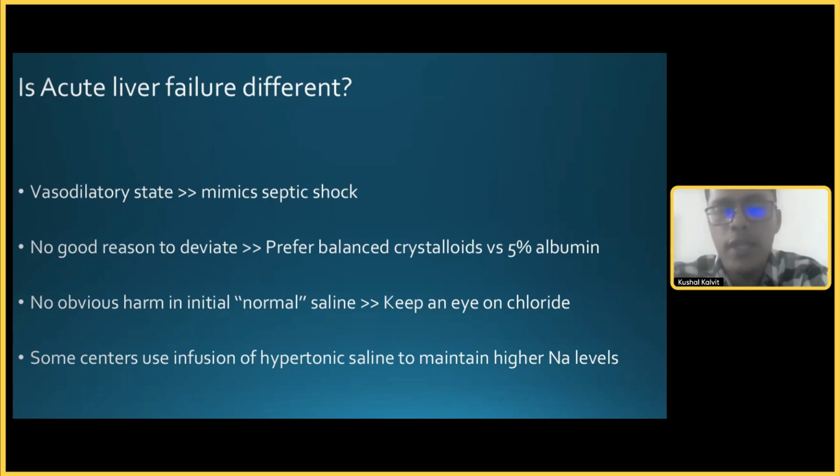If you go through the literature, many people have advocated for normal saline in acute liver failure with the aim of maintaining a higher goal of serum sodium. But I guess even if you use a higher goal of serum sodium, the chloride also creeps up. So keep an eye on chloride, because hyperchloremic acidosis is detrimental in acute liver failure. So you can use normal saline, definitely. Let the sodium go up. It will help you in your hepatic encephalopathy management or cerebral edema management, but keep an eye on your chloride levels. Many centers even use hypertonic saline infusions for acute liver failure patients. But even then, we need to keep an eye on chloride, because that is the more important ion when it comes to normal saline.